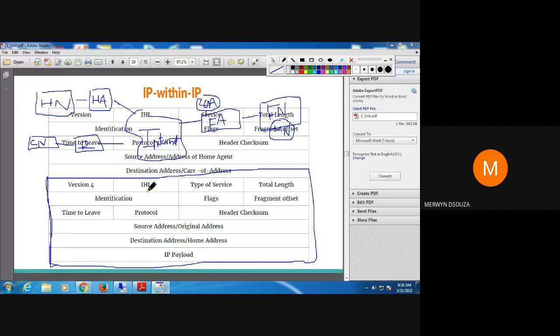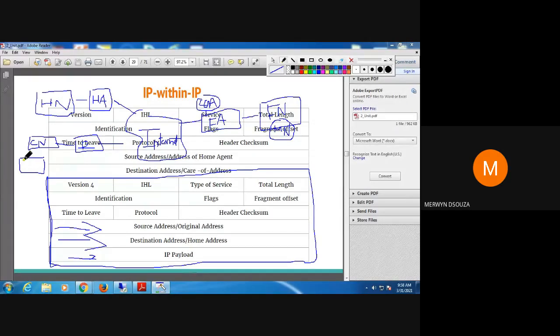There's a version number, and all these other fields. What I am explaining is the source address and the destination address, because that is what is applicable here. For the rest of the fields, you can go to your previous subject's notebook. The payload means the data that is being sent.